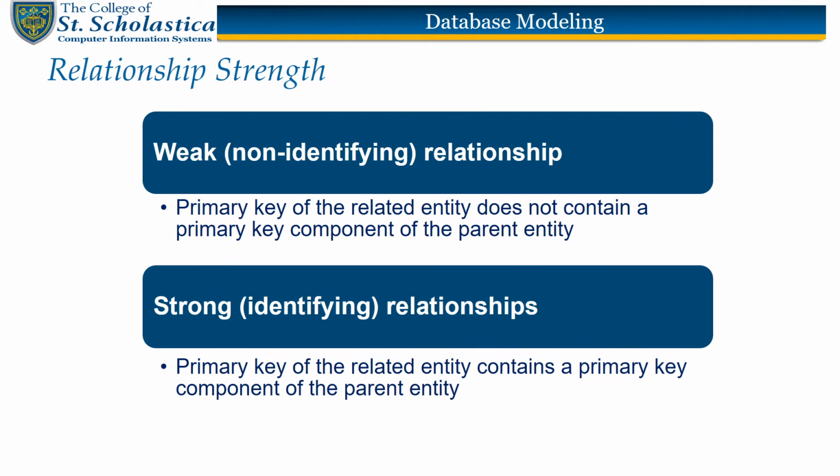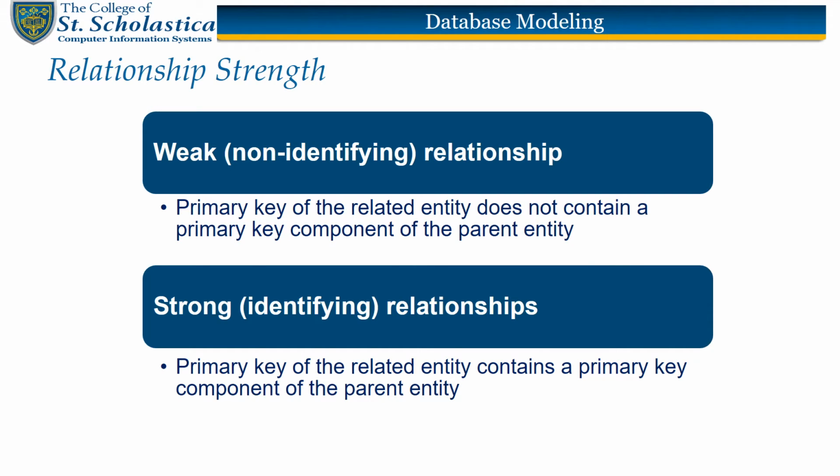The concept of relationship strength is based on how the primary key of a related entity is defined. A weak relationship, also known as a non-identifying relationship, exists if the primary key of the related entity does not contain a primary key component of the parent entity. By default, relationships are established by having the primary key of the parent entity appear as a foreign key, FK,